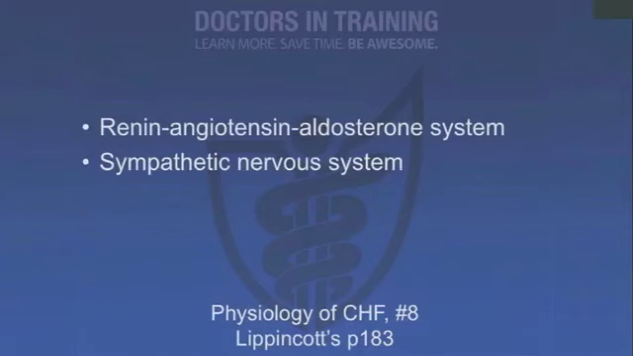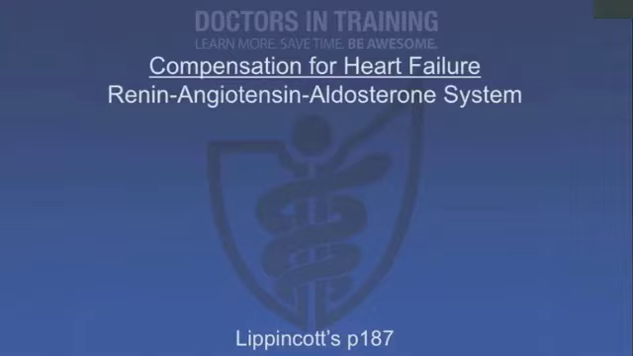And there are two of these. We're going to talk about the renin-angiotensin-aldosterone system and then also the sympathetic system, which are both involved in compensating for heart failure. So first, the renin-angiotensin-aldosterone system. When you have decreased cardiac output, blood pressure is going to drop, renal perfusion is going to drop. You're not able to put enough blood into the kidneys. When the kidneys sense that low blood pressure, when they sense they're being underperfused, the kidneys release a hormone called